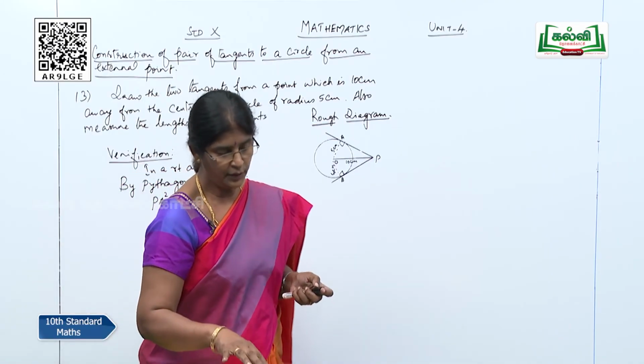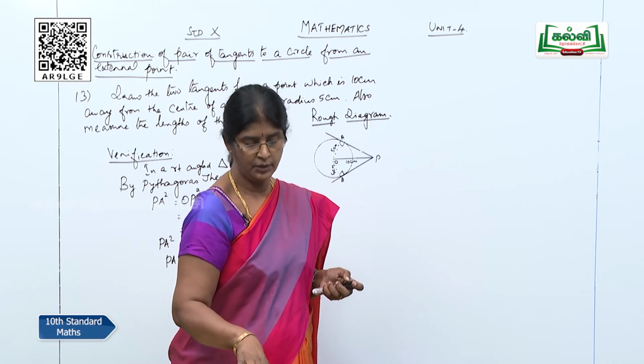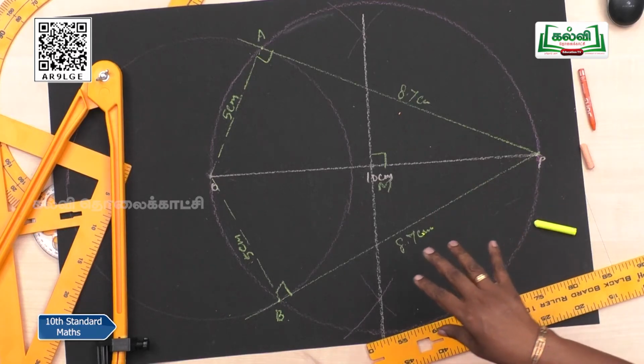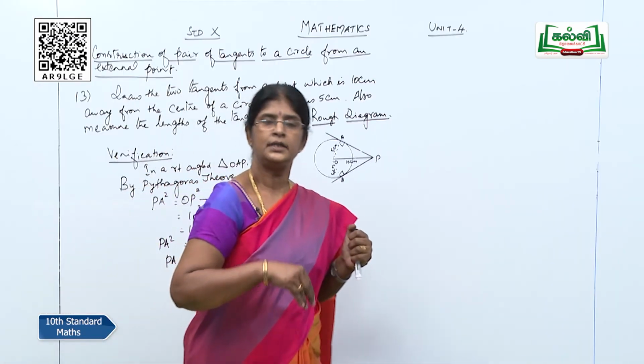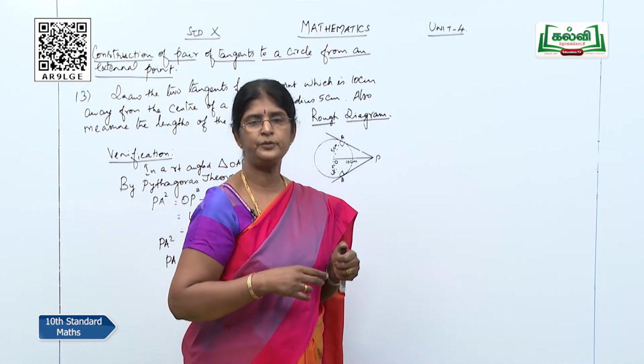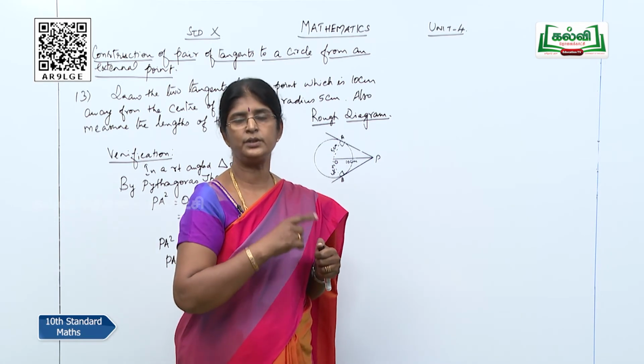So this is a very important construction. You will get definitely full 8 marks, but you should not leave a single point. This is a rough diagram. Now already we have completed the type 1 and type 2. I have done it only with the example sums.